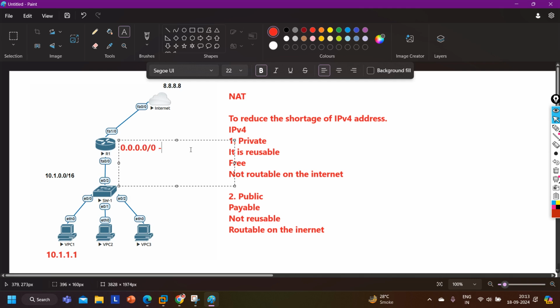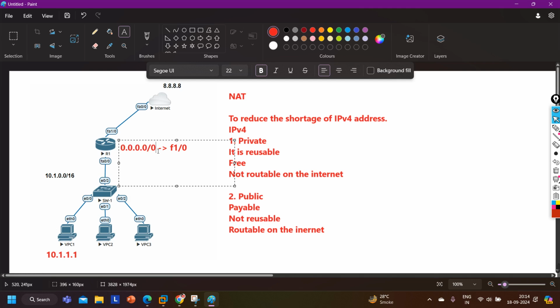For all routes, let's say the exit interface is f1/0, right? So this default route means, except for all the routes available in the routing table, you will forward traffic towards the internet.